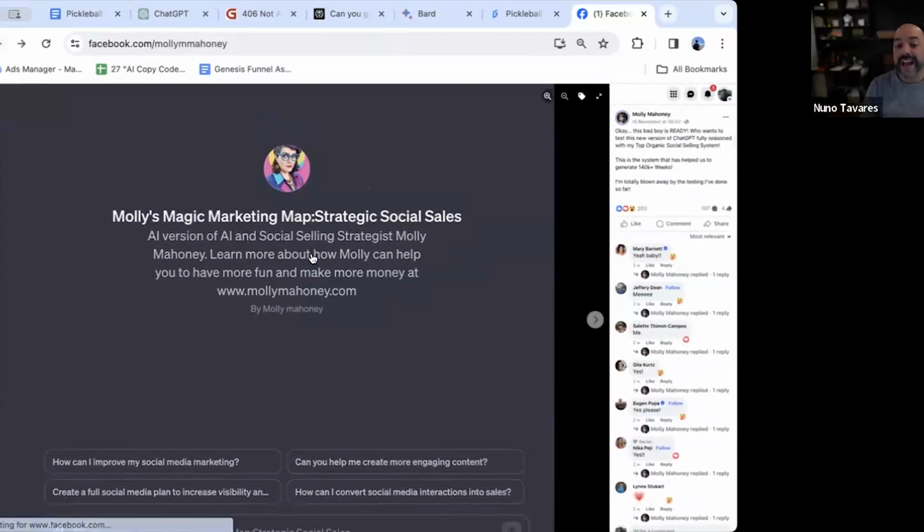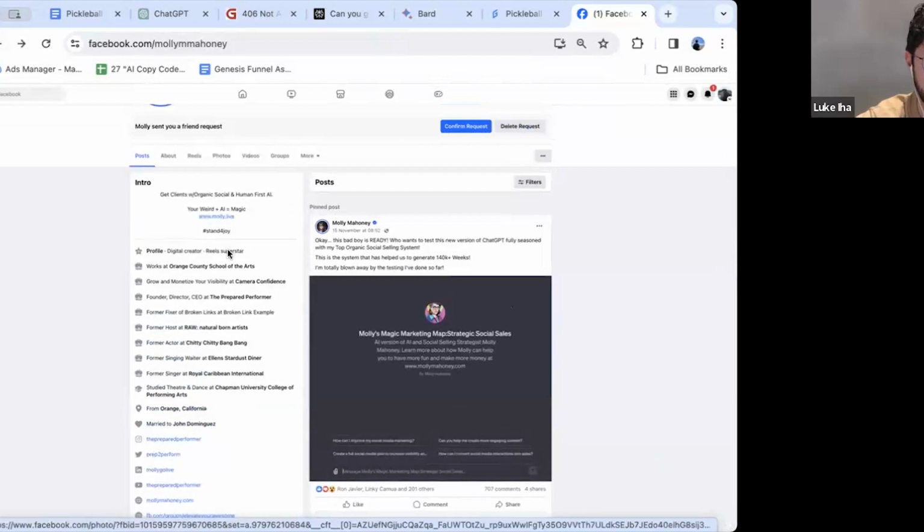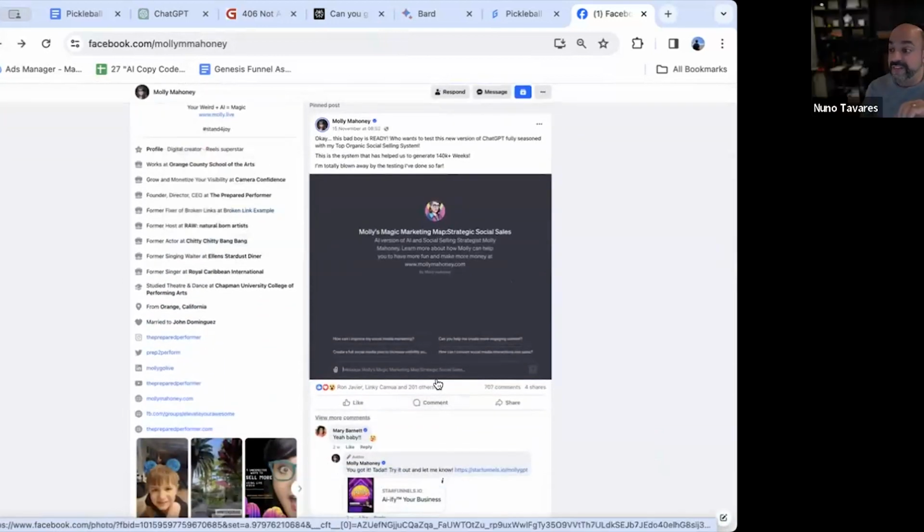But the long story short of it, yes. And here's the cool part of it too. You guys can create these custom GPT bots, and you can sell them eventually, because the way it's going to work is